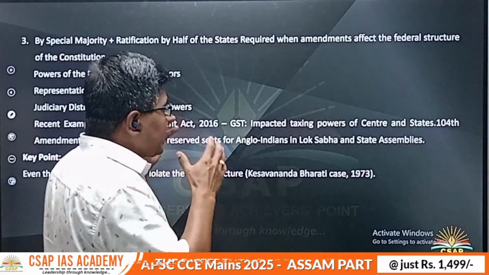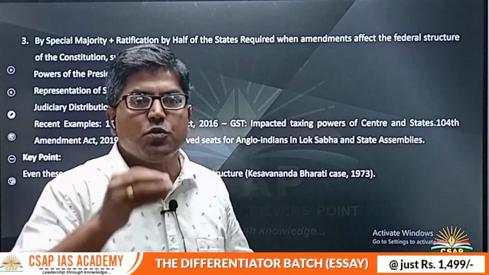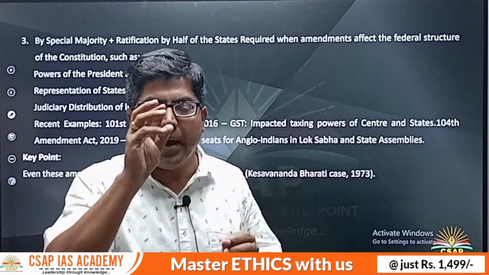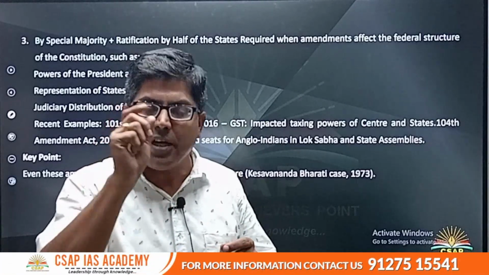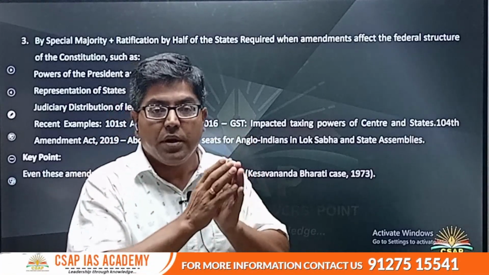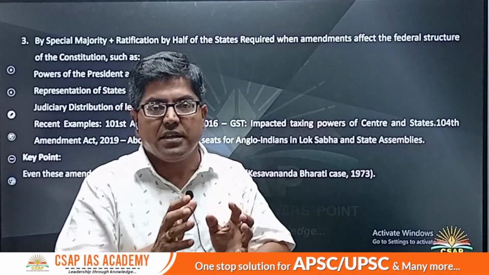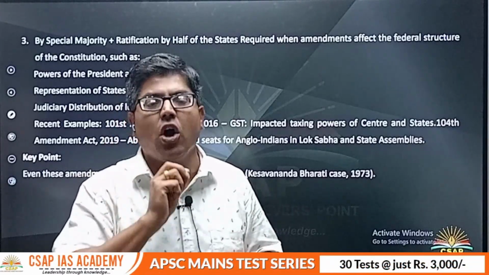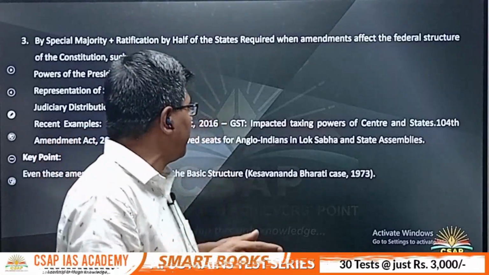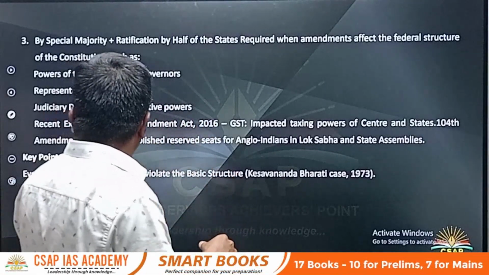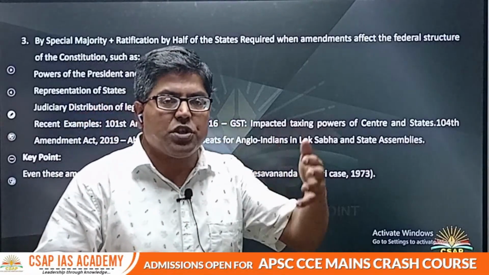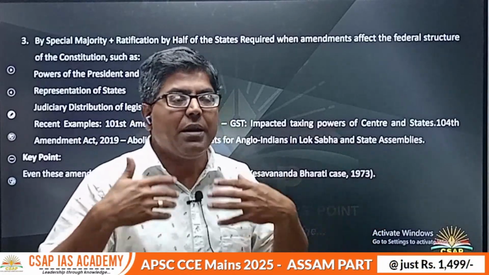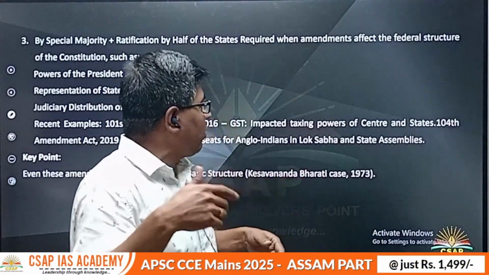So basically, when we say that there are different procedures for amending the constitution, there are some whereby the amendment can be made in a much easier manner, but there are some cases in which the process of amending the constitution has been made somewhat complex, right? It is not that easy. You need to have those numbers, right? So now we come to this aspect that the amendment in the constitution can be made, but while making these amendments, the basic structure of the constitution cannot be violated.